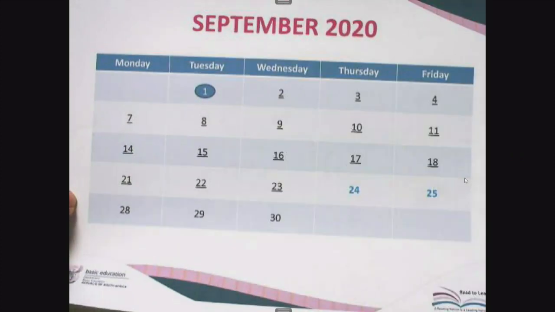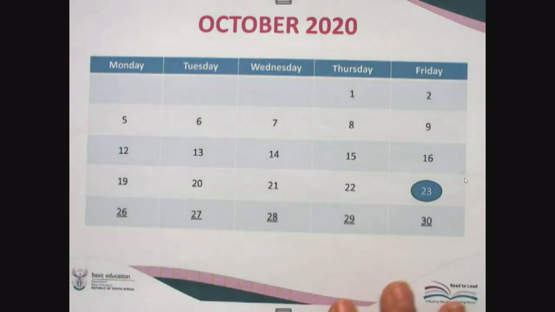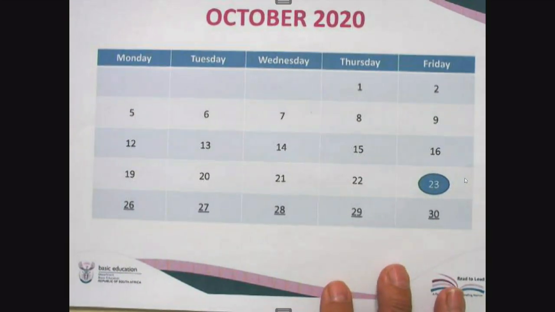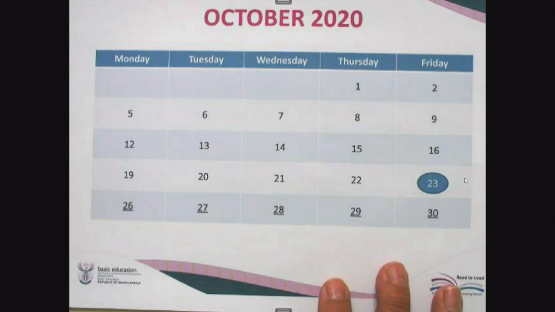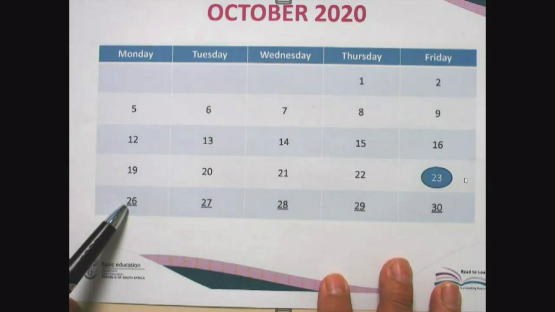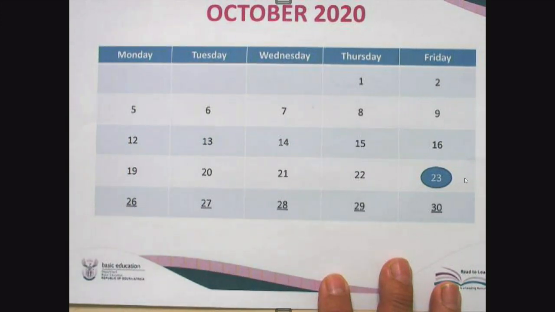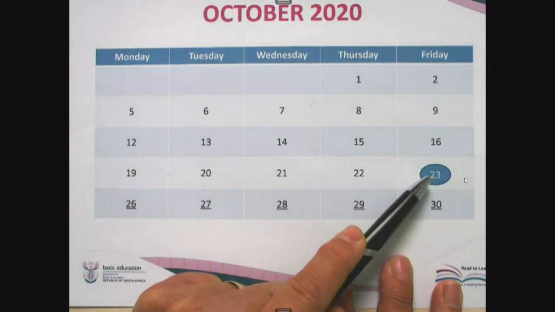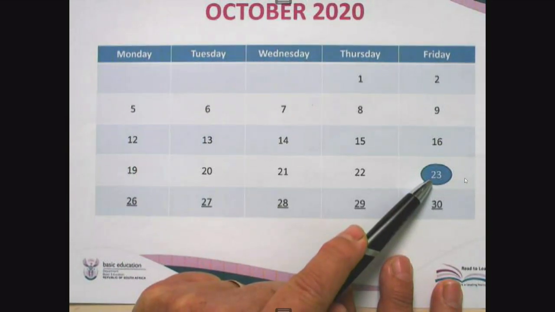And then that term carries on, you count the days until the final exam starts, and the draft final exam timetable, the draft one, says final exams start on the 26th of October this year, carrying on until the timetable is completed. So the last day for teaching in 2020, according to the plans currently, is the 23rd of October.